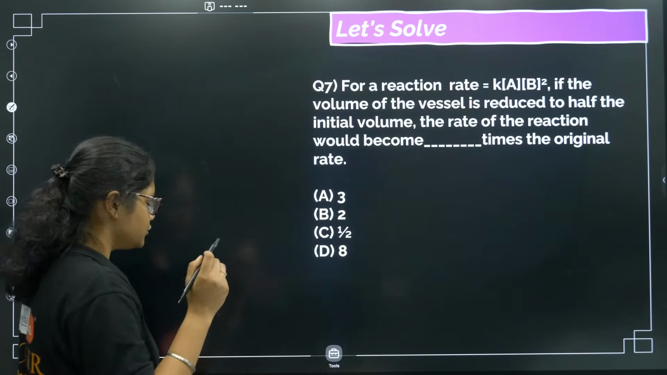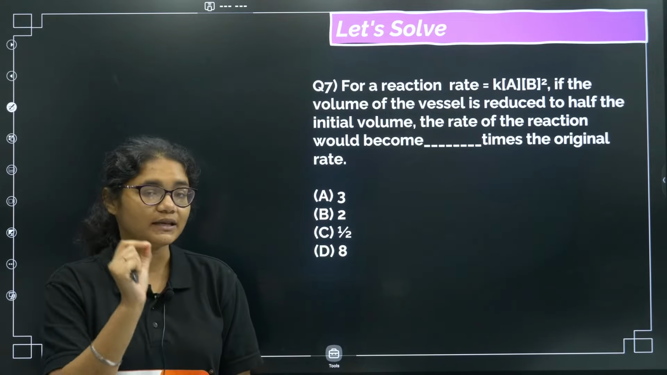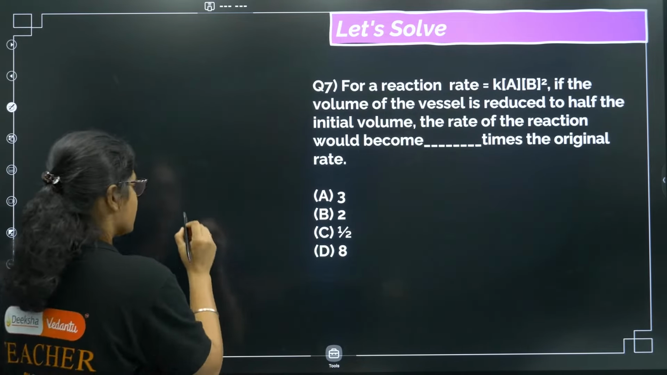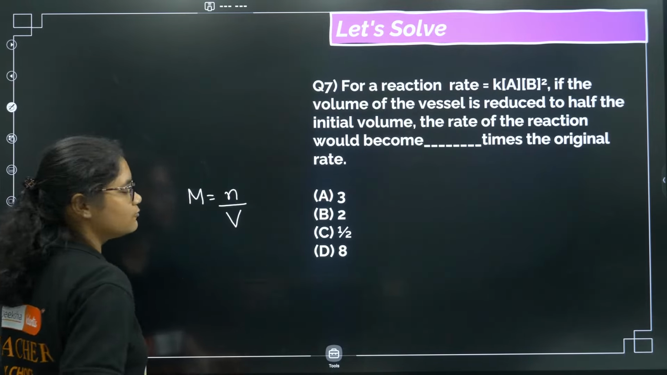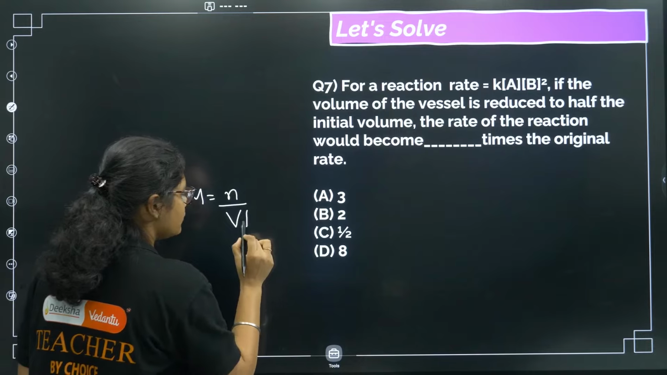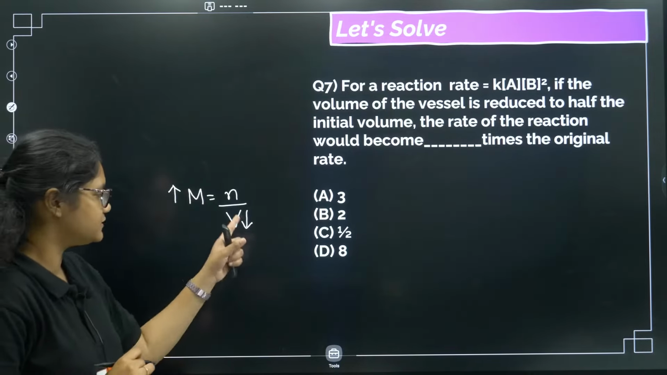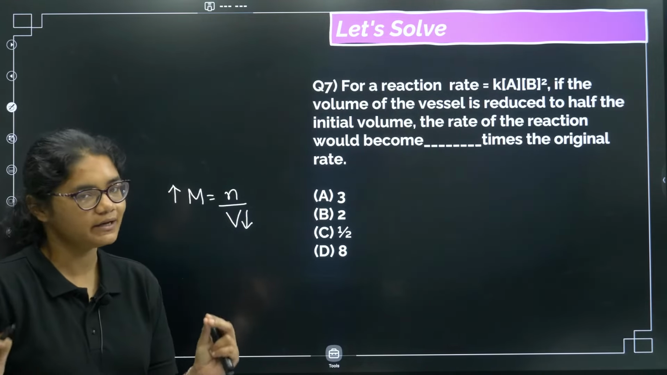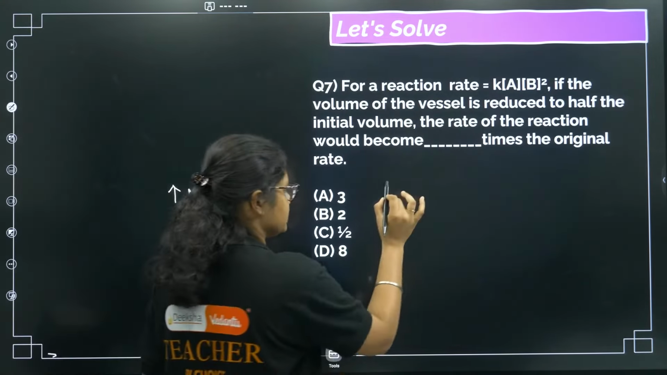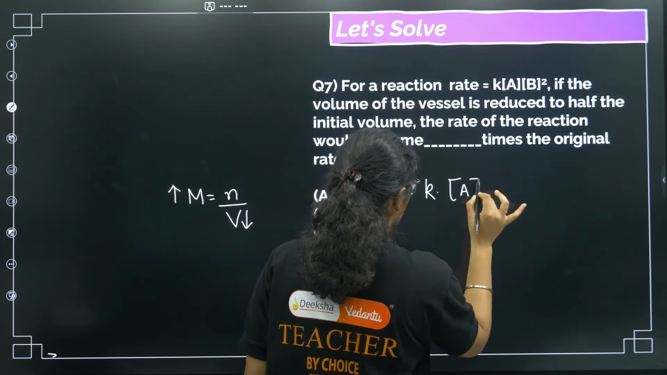So now for this you need to know one very important thing. When I am talking about concentration, we mean molarity. So molarity formula, just now we are discussing the solutions chapter, is number of moles by volume. So volume is decreasing, molarity will increase, right? If volume is reduced, molarity will increase, or I can say that concentration will increase. Let us do this question now. So R is equal to K into A B square,